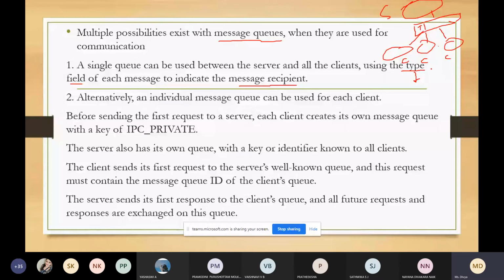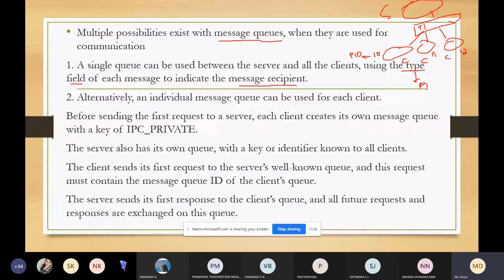Different clients will have different process IDs. For example, this has 1, this has 11, and this has 12. Every client has an individual process ID. That is what this type field is.